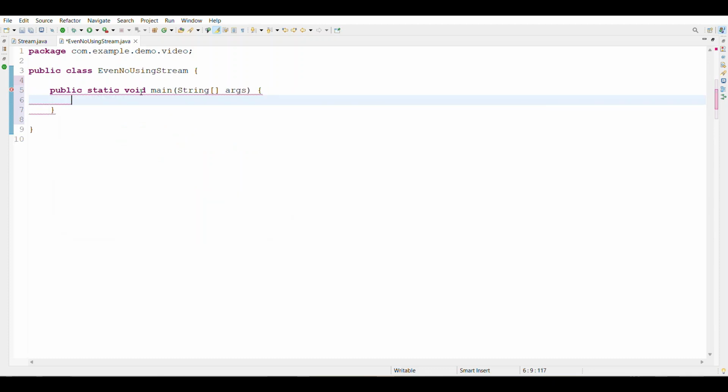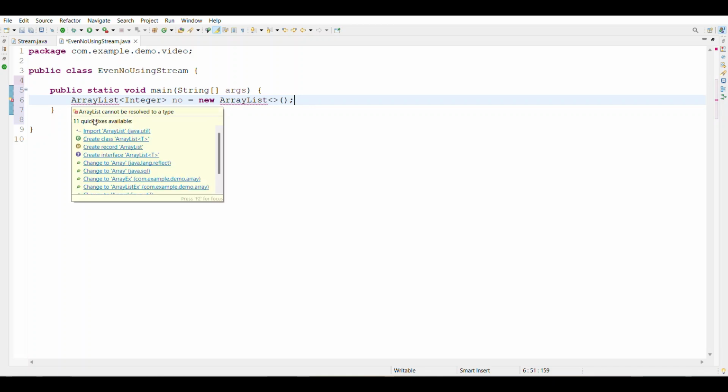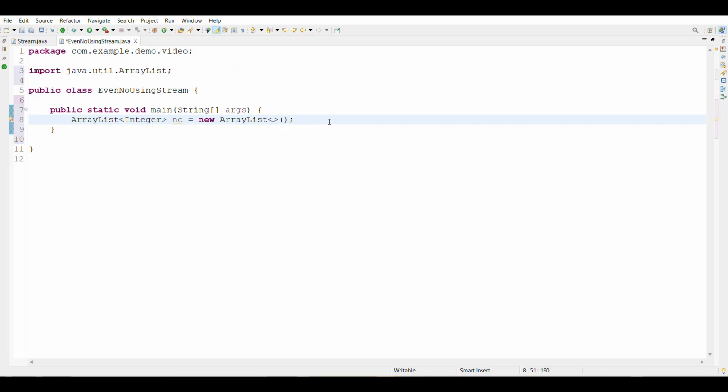Firstly, we are writing the main method. In that, we are creating an ArrayList, type is Integer. We need to import it. In the list we need to add the elements